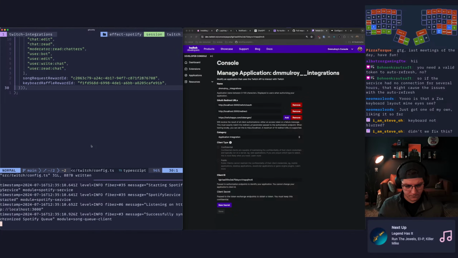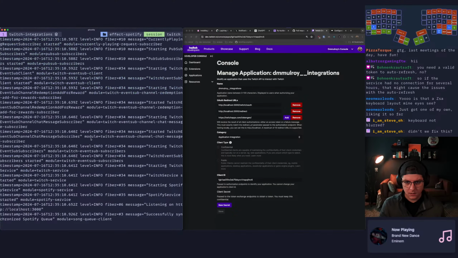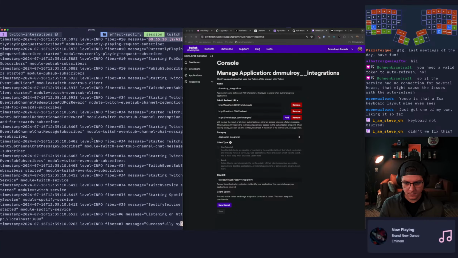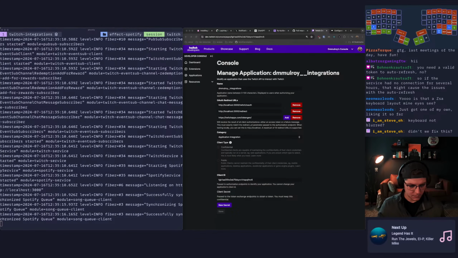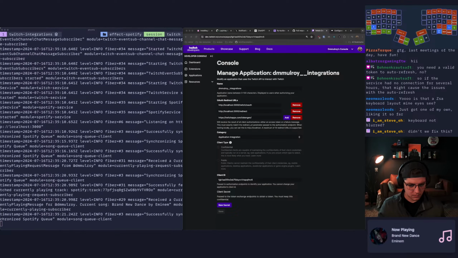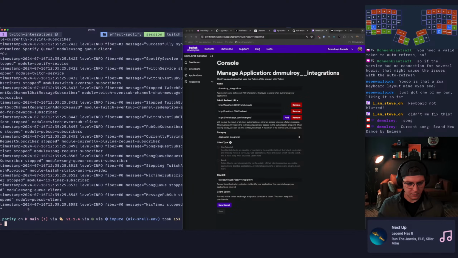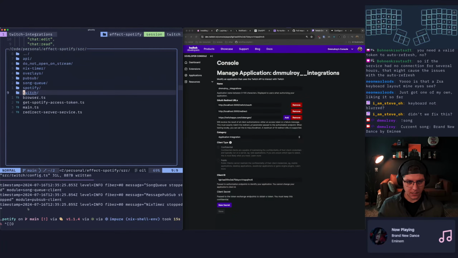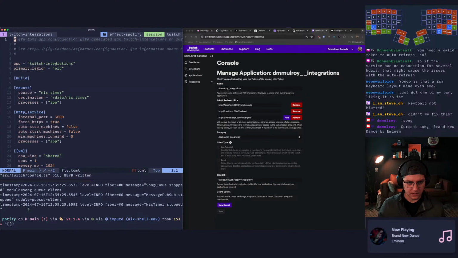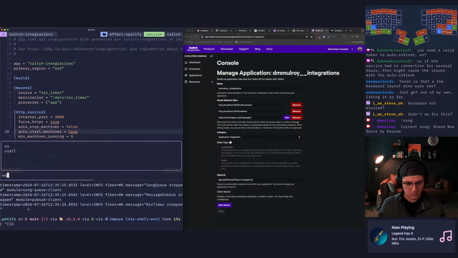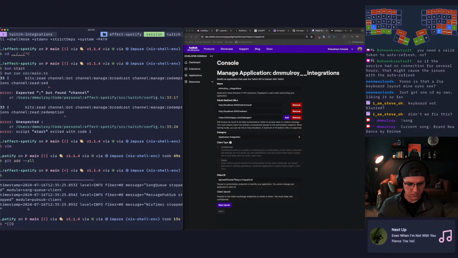On start. That looks like it's happy now. If I do song, there we go. Okay, so now if I do a Control C and we go to our fly toml, and we want to set this to true. And now we should be able to do